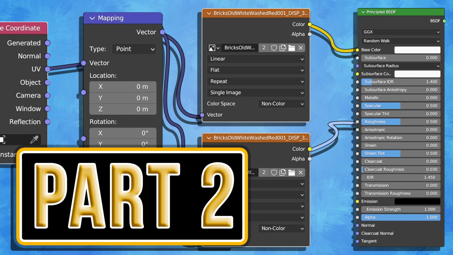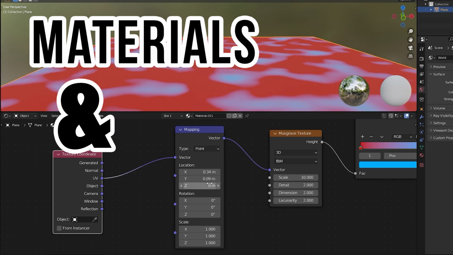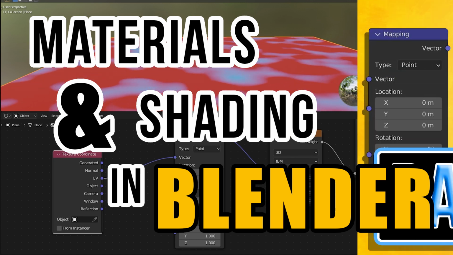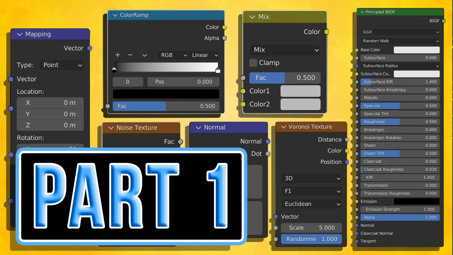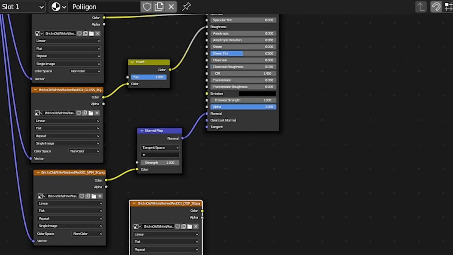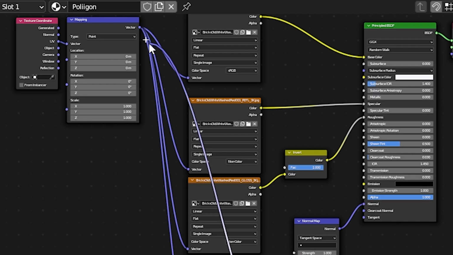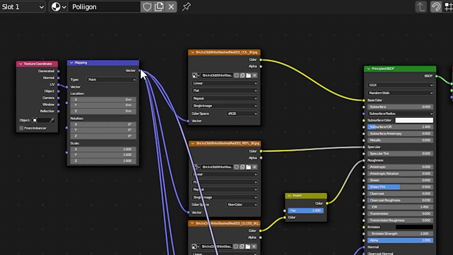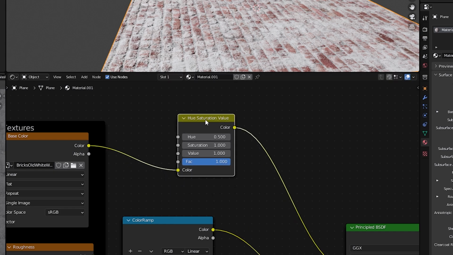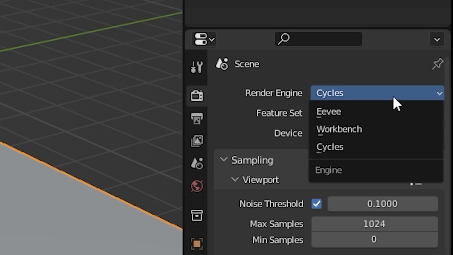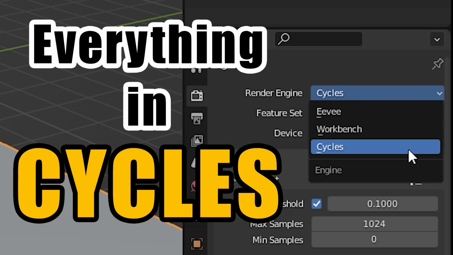Welcome to part 2 of my Blender tutorial on material shading. If you stumbled across this video first, there is a part 1 that covers the absolute basics of shading in Blender. Part 2 is all about PBR materials, what they are, where you get them, and how to set them up, with a bunch of extra tips along the way and at the end. I will be using Cycles for this tutorial. Most of this will work in EEVEE, so let's go.